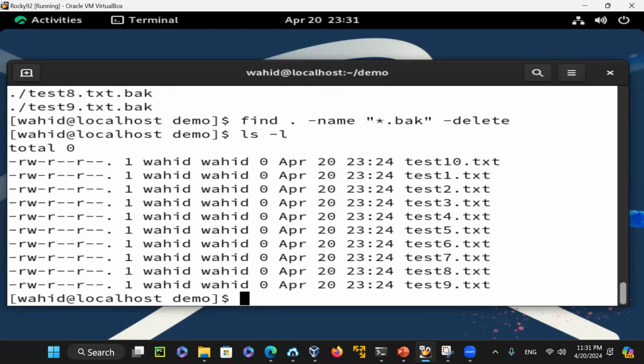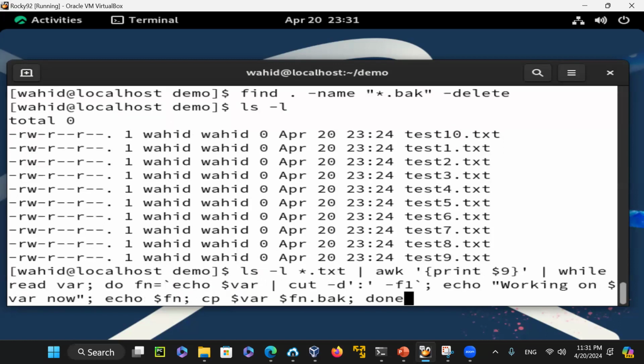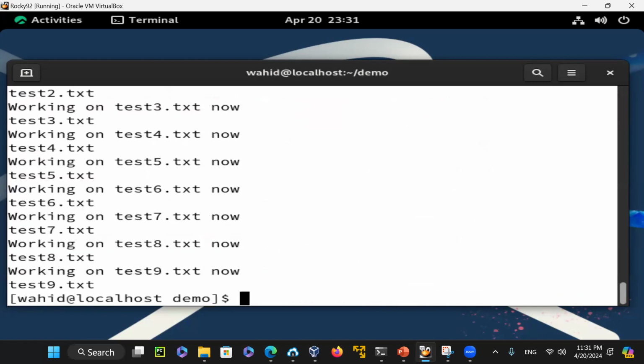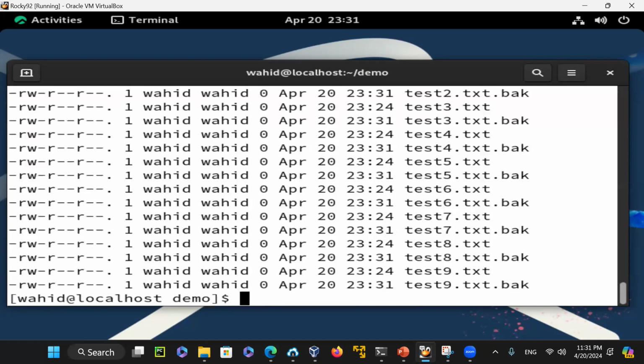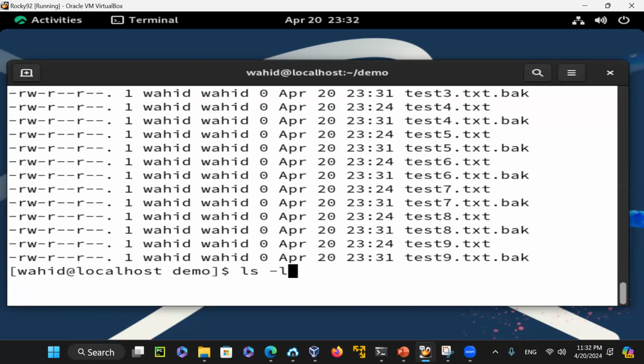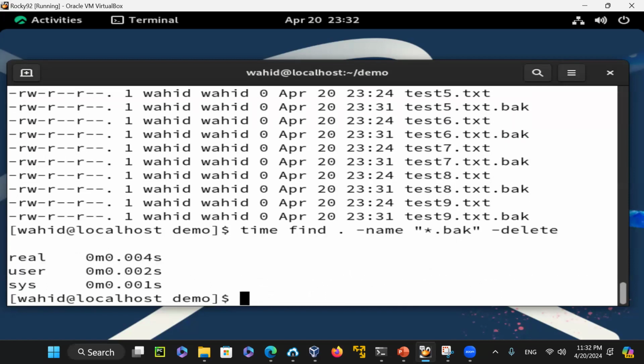That -delete, when you create it like this, the while read will create it. Last time we did create it. Now if I just want to do a time on it with that -delete, you could run the time command, and then you could see that it took very, very small